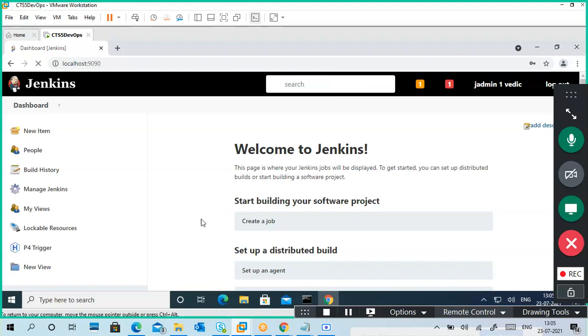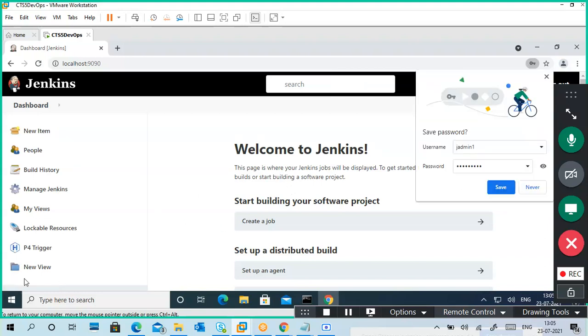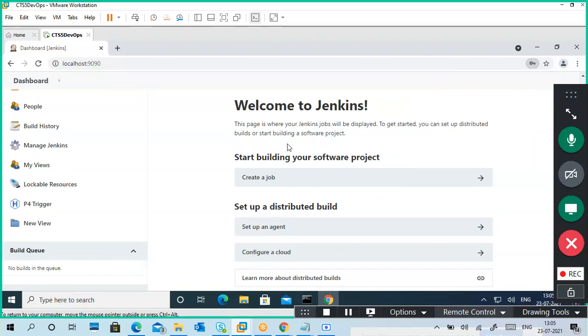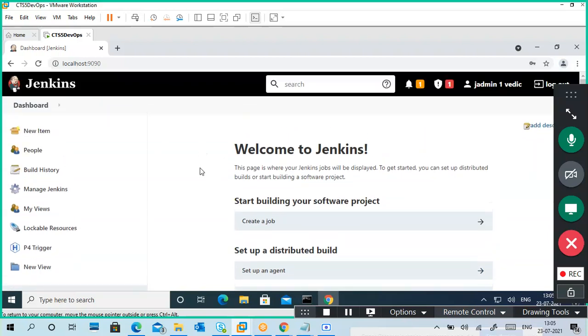Yeah, my plugins are installed. How do I know? The list is big now. Certain plugins are installed, but definitely not all plugins may be installed. So I'm going to Manage Jenkins once again, just to see whether the big red list is reduced or not.